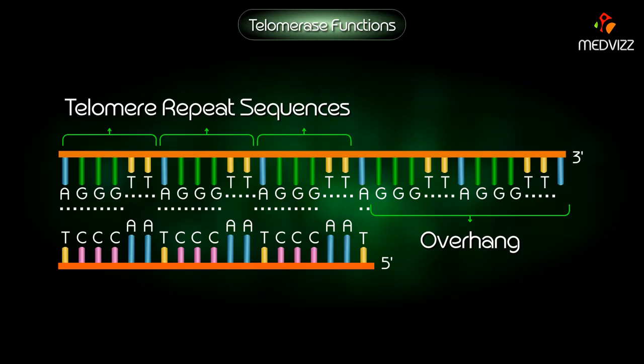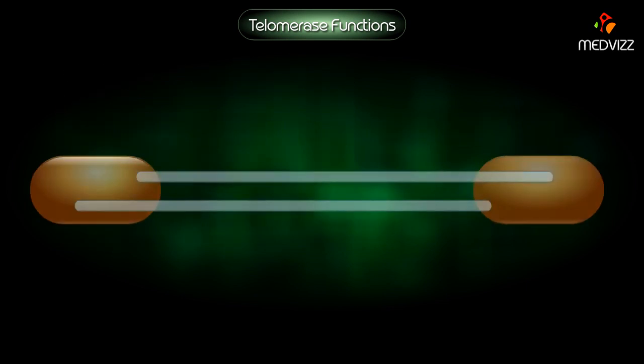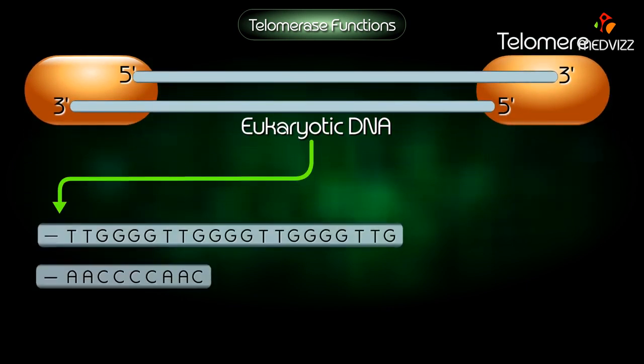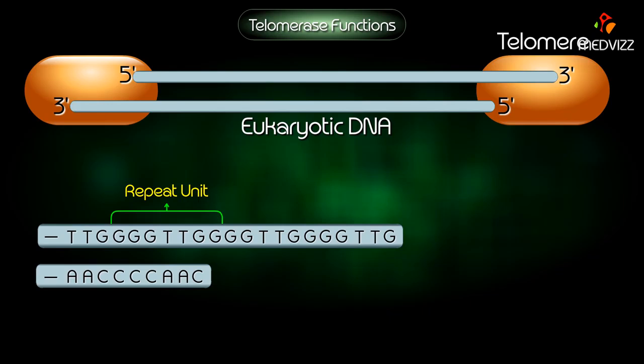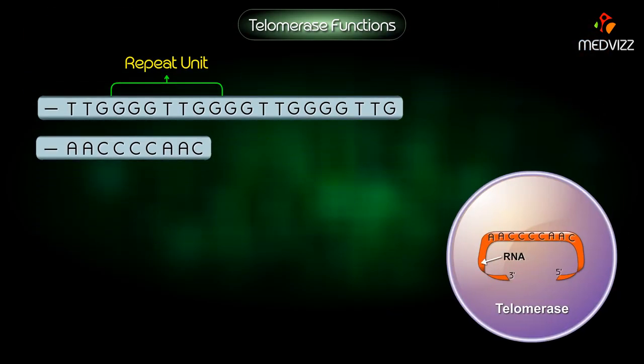Since DNA replication can only proceed in the 5' to 3' direction and requires a primer, it is not possible for a DNA polymerase to replicate the 3' ends of linear chromosomes. If this problem were not corrected, chromosomes would shorten with each cycle of DNA replication. The addition of telomeric repeat sequences by an enzyme complex referred to as telomerase assures that this shortening does not